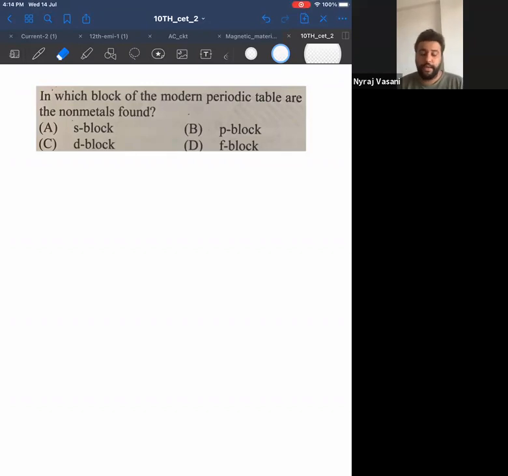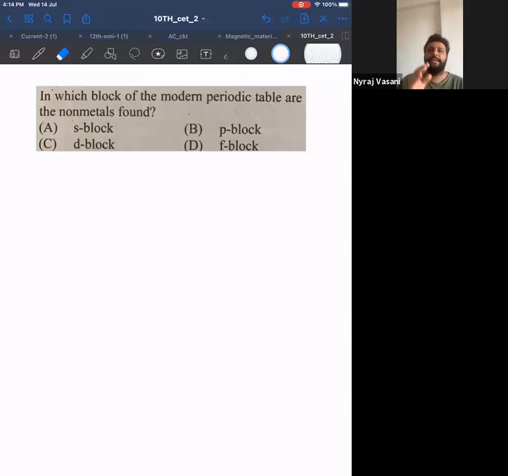Again, over here, the confusion should be between option B and option C. Option A and option D are out. They cannot be the answer. So think about it. Where are non-metals found? Either in P block or in D block. S, P, D, F. Okay. Nashra, correct. Aparna, now correct. Very good. Aman, correct. Roshni, correct. Samriddhi, think about it. Think about it again.